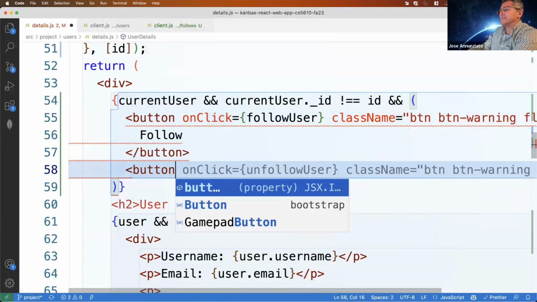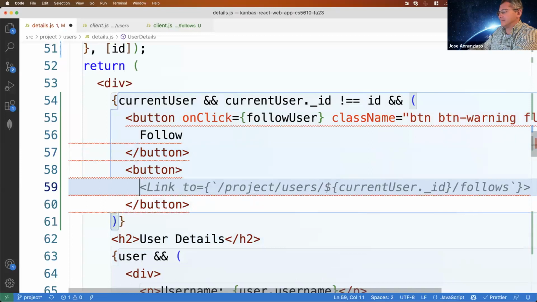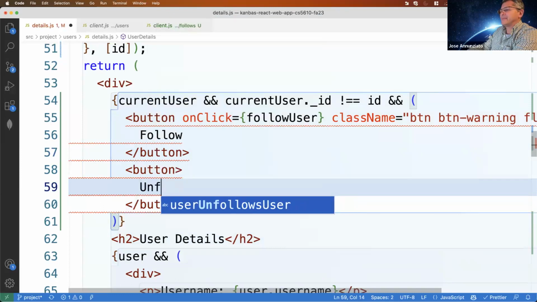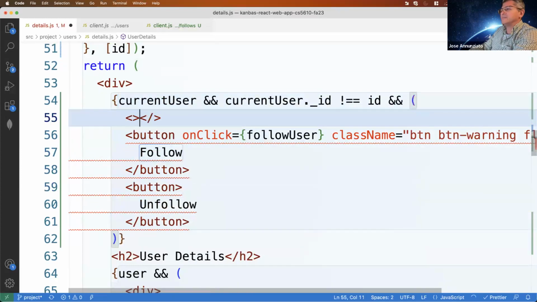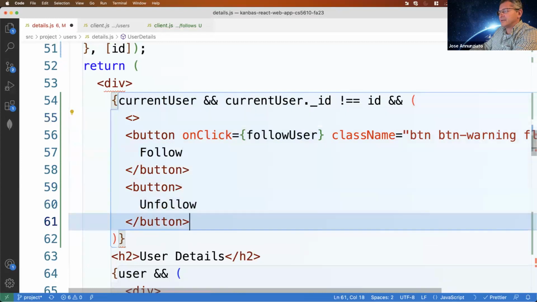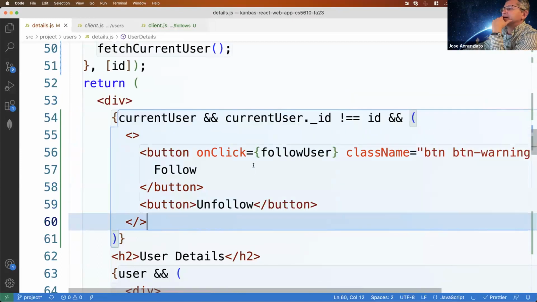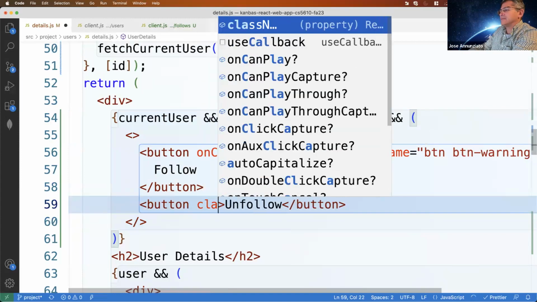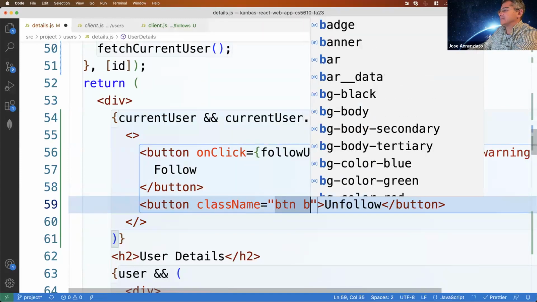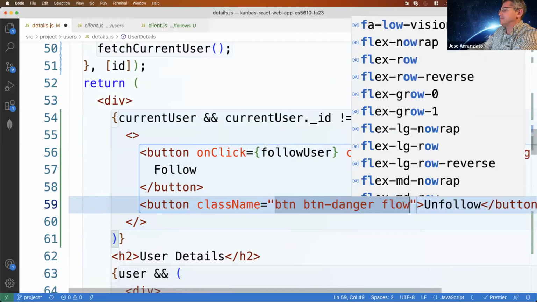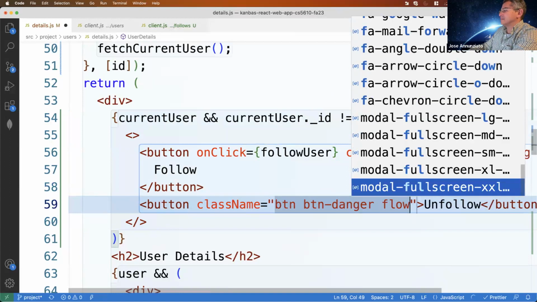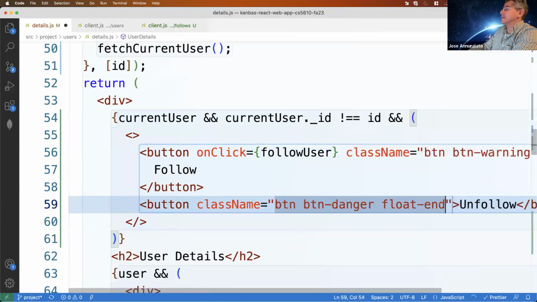So again, button, and here I would have unfollow. And we need to make a common parent element like that. So yeah, and we'll need to paint this a little better. So class name, button, danger, red, and then float this at the end.